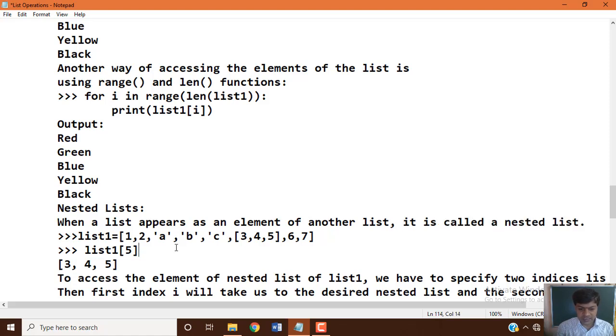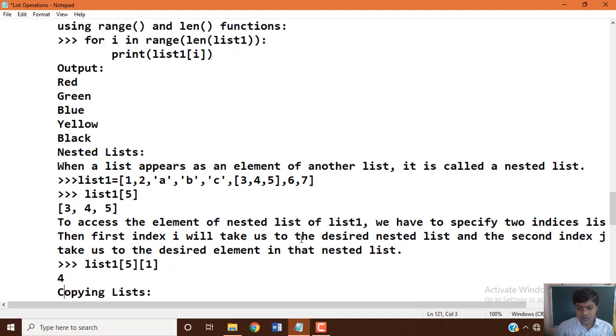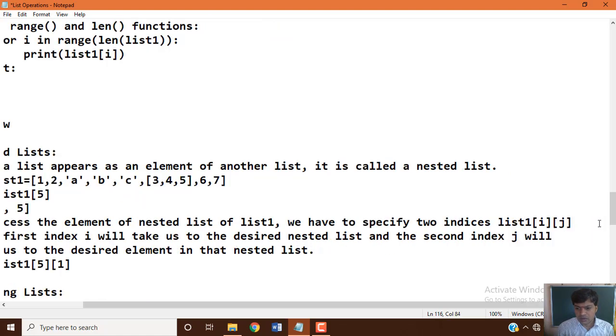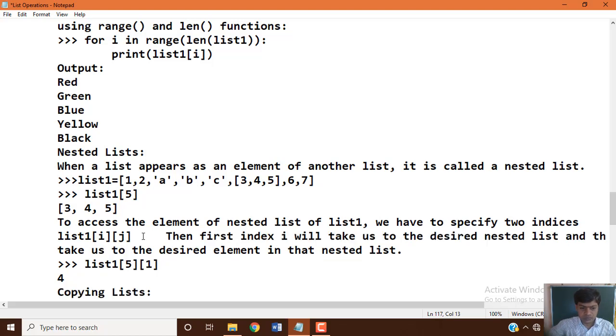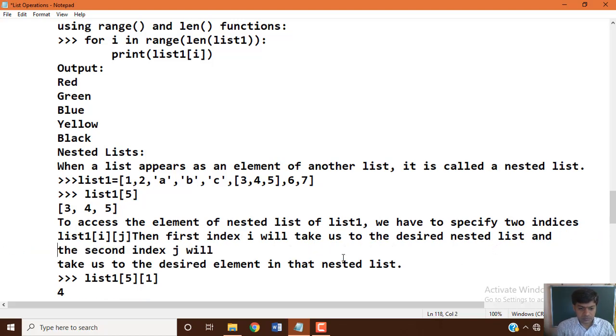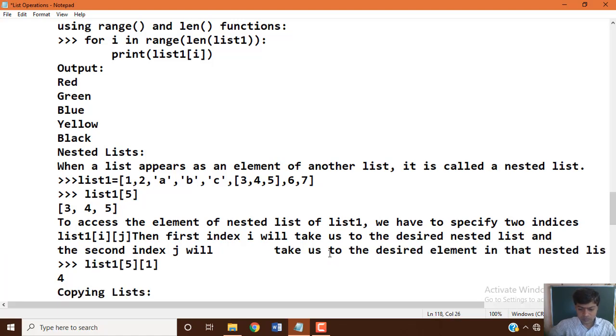To access the elements of a nested list of list 1, we have to specify two indices, list 1 of i j. The first index i will take us to the desired nested list, and the second index j will take us to the desired element in that nested list.